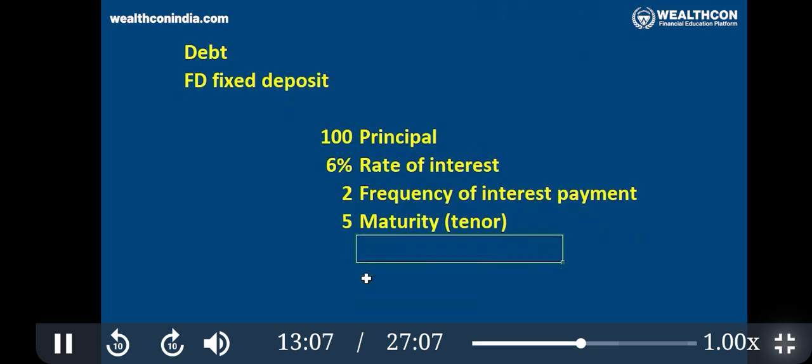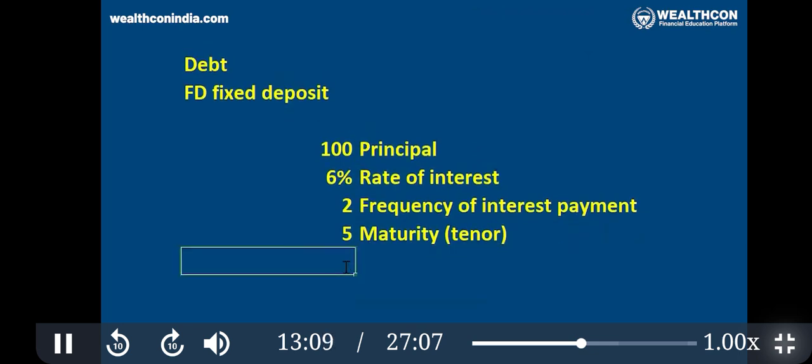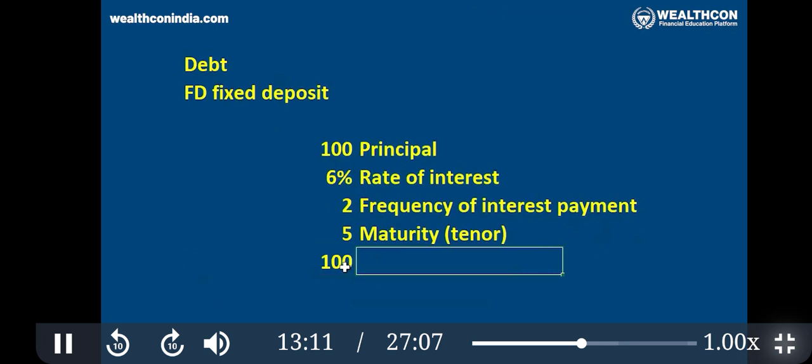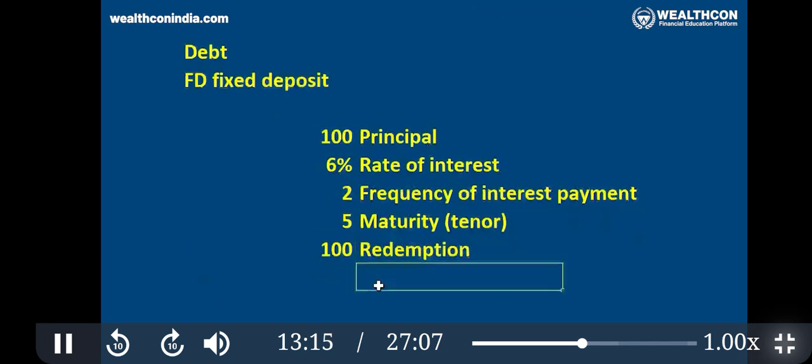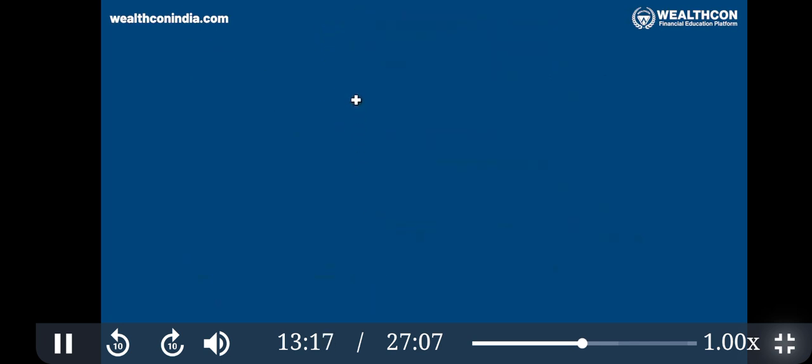In case of bonds, at the end, the bank will give 100 rupees. That is called redemption. So what does the bank give? Let's say at the beginning, you give 100 rupees in the first year. And then every 6 months, it will give 3%, 3%, 3%, up to 5 years, and at last they will refund 100 rupees along with the 3% interest. This is the FD product.